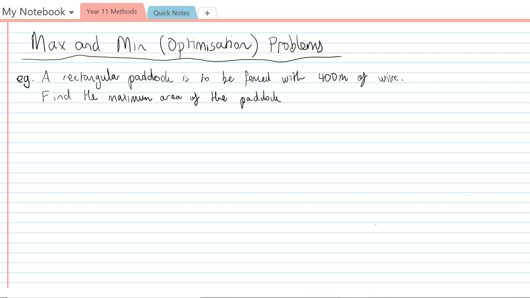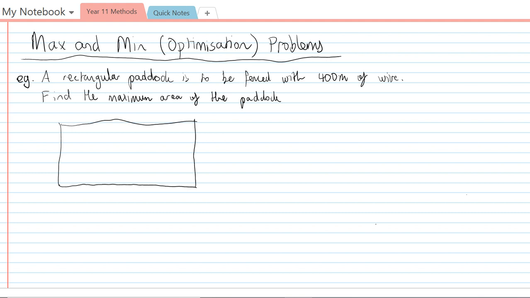Righto, so for our second problem, a rectangular paddock is to be fenced with 400 metres of wire. Find the maximum area of the paddock. So, again, I can draw a rectangle of some description. That's really shocking. Please excuse the drawing. Slightly better. Okay, and so in this question, we don't know anything about this other than that we have 400